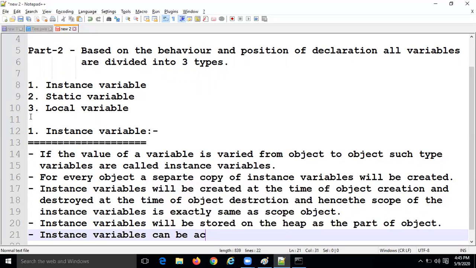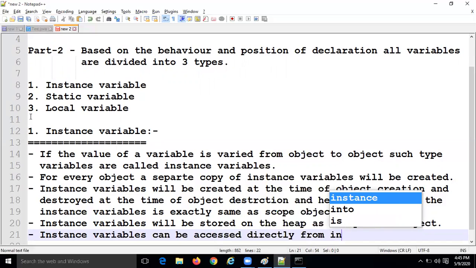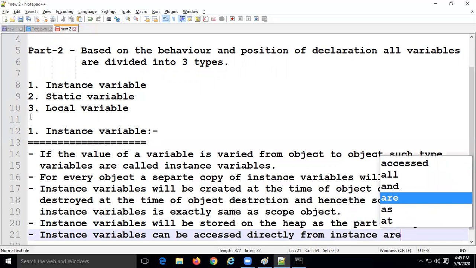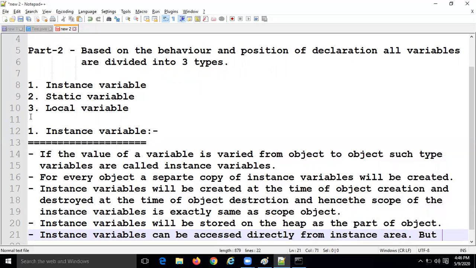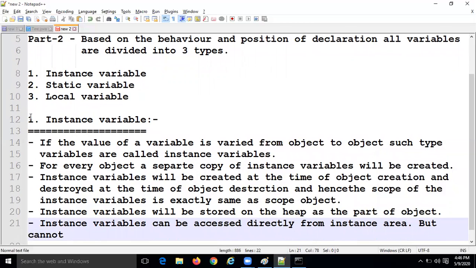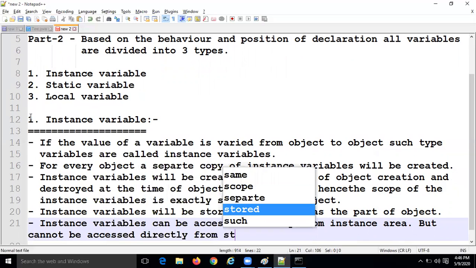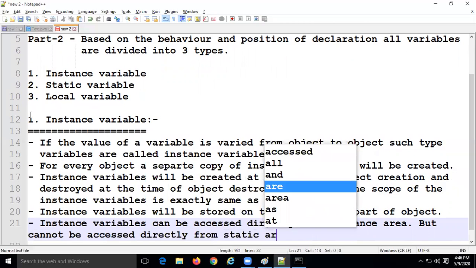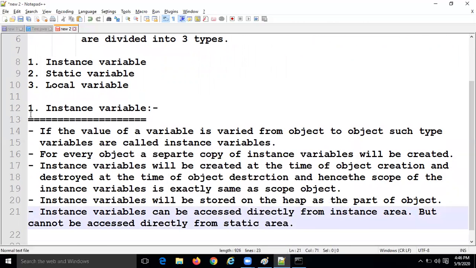Instance variables can be accessed directly from an instance area, but cannot be accessed directly from a static area.